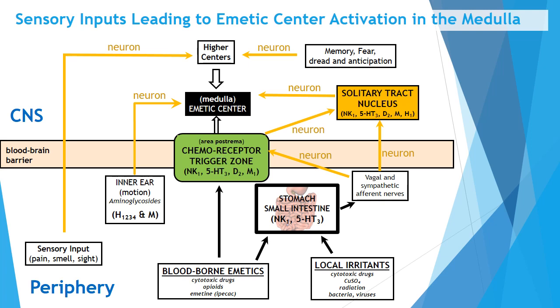That is not guarded by tight junctions and capillaries. So this is just to show you the effective layout. Again, it's not anatomically correct. The chemoreceptor trigger zone is not going to look like that, but it's basically just showing you that that is exposed. So if something is in the blood, it has direct access to the CTZ, or chemoreceptor trigger zone, and